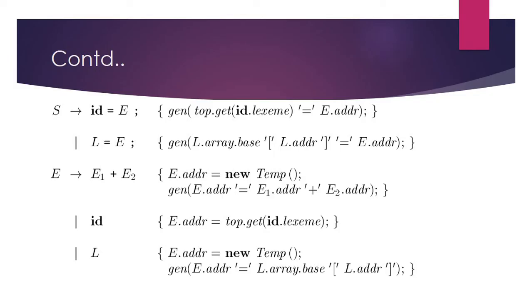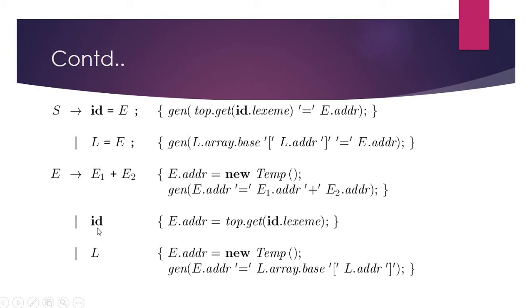The next grammar is E produces E1 plus E2. Here to retrieve the value, first we need to access the addresses of these variables. For that we'll use E1.address and E2.address. In those addresses, we have to retrieve the values, perform the addition and then store it in the parent E.address. So here we are using the address attribute. Then to store the parent value, we are going to create a new temporary variable. This will be done by the compiler. For that we'll make use of newtemp. That function will be used for generating the new temporary variable.